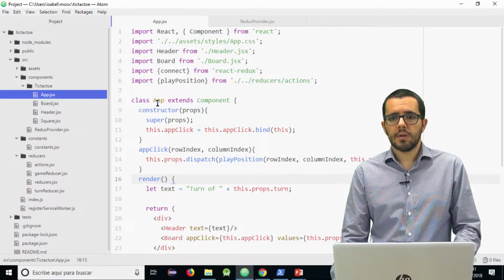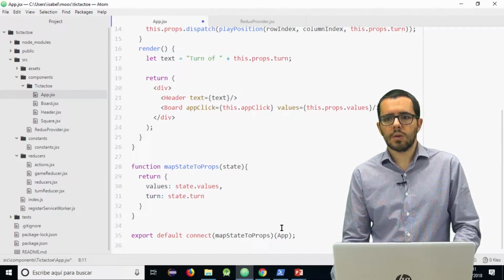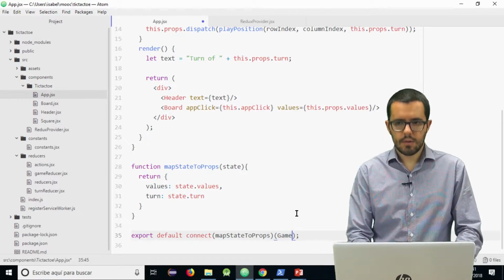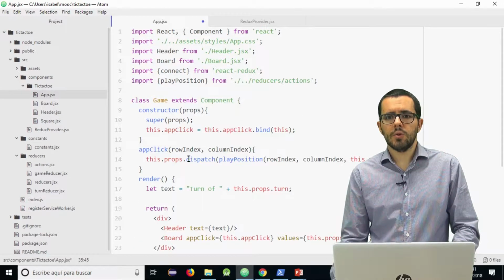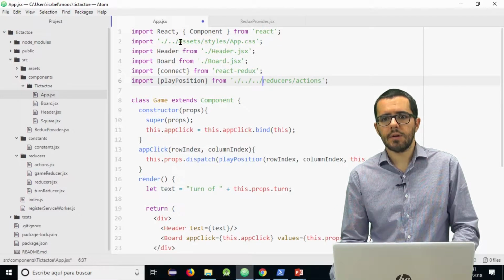Now we rename app for game, or tic-tac-toe, or whatever name you want to give it. And as we introduced a new folder here, we have to change the imports with one extra upper folder here and here.